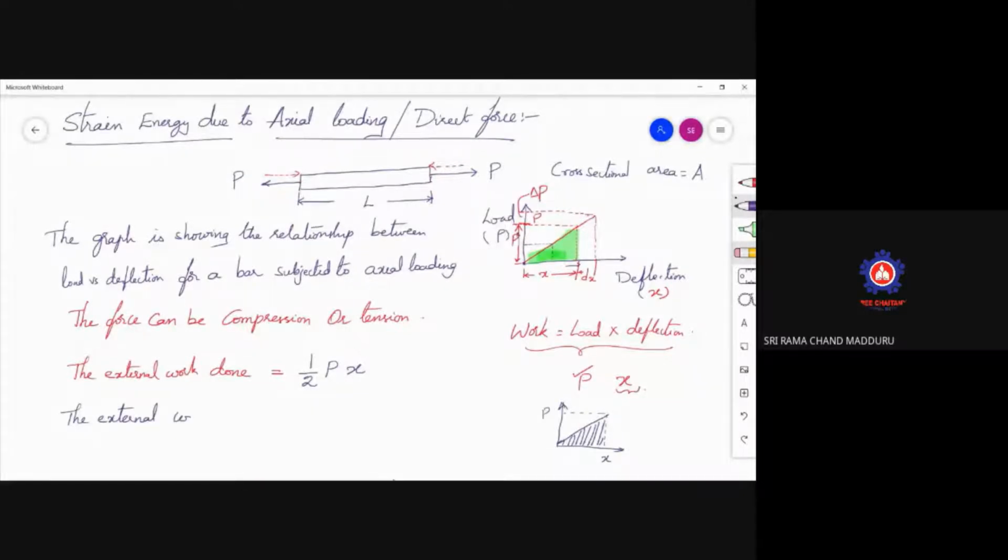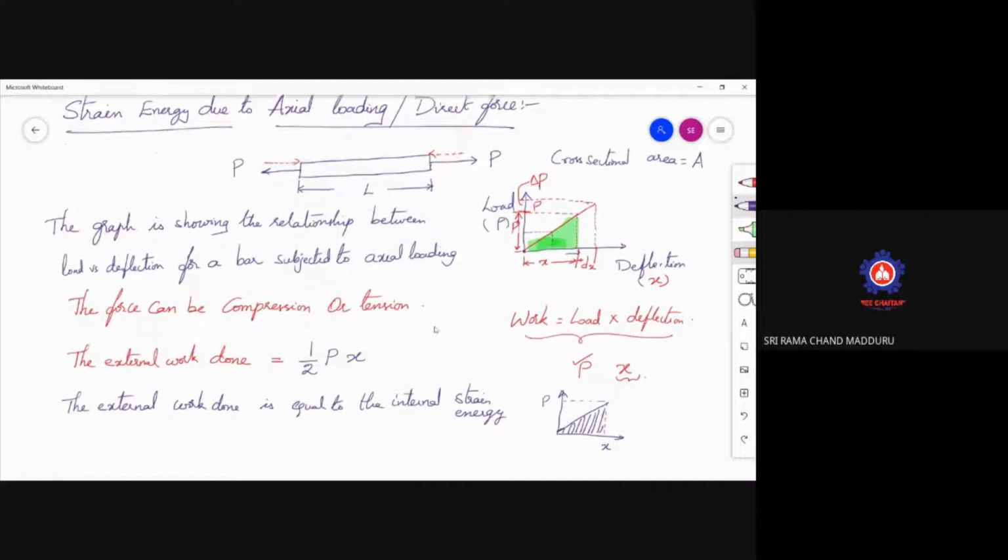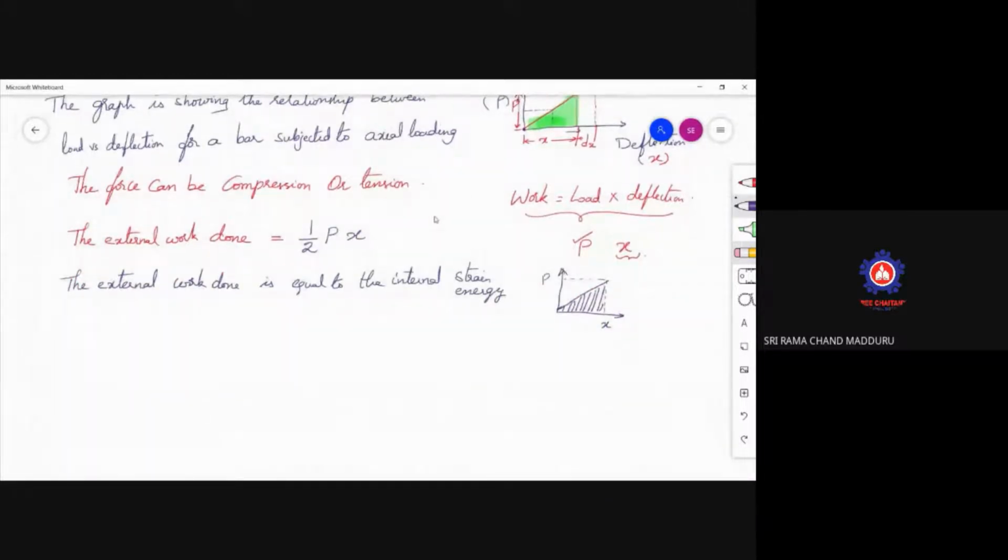So the external work done is equal to the internal strain energy. The internal strain energy we are calling U. This is equal